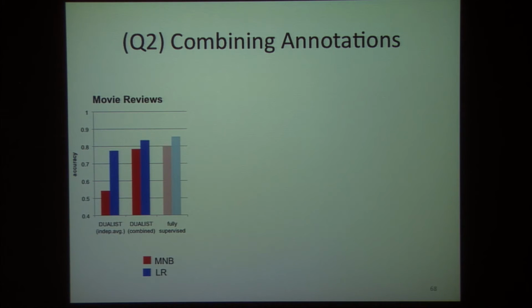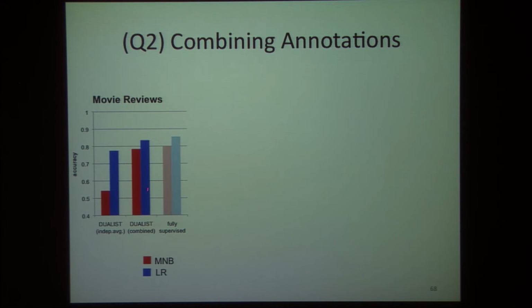Now, in terms of question 2, combining these different users together, here are results on the movie reviews data set. This column shows the average of the accuracy of the 5 individual annotators using naive Bayes. This is the average accuracy of the 5 annotators independently. If we use those annotations to train a logistic regression post hoc, these are the corresponding columns where we pool all of their annotations together